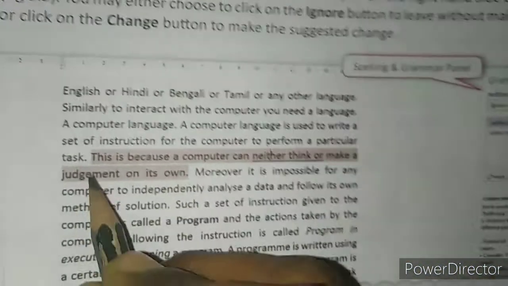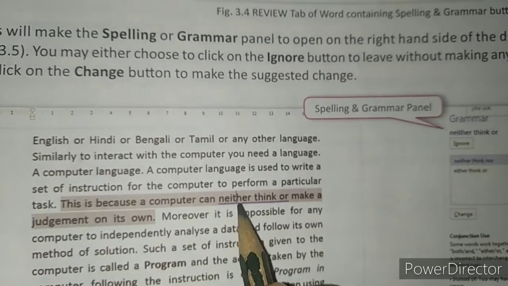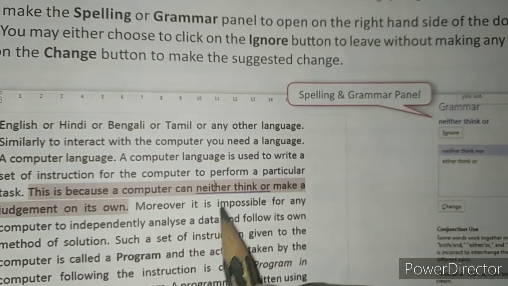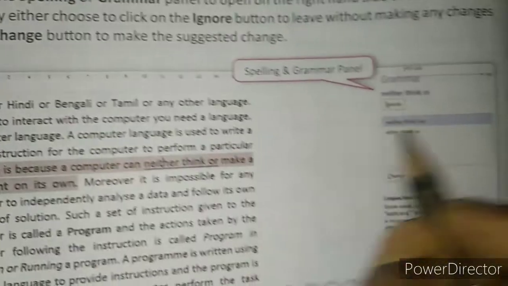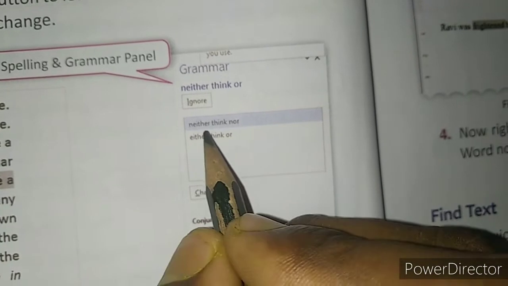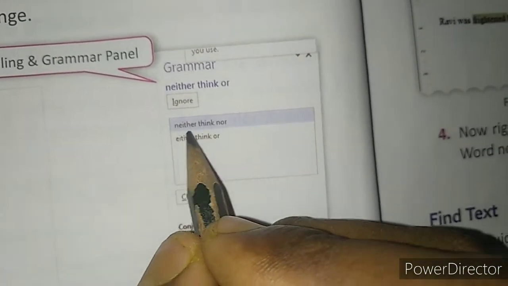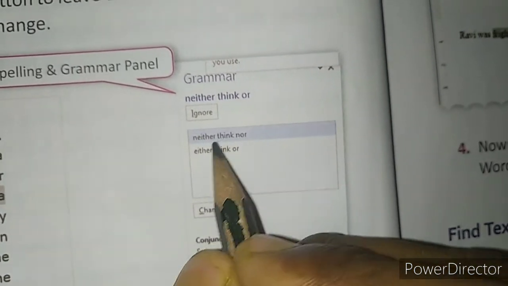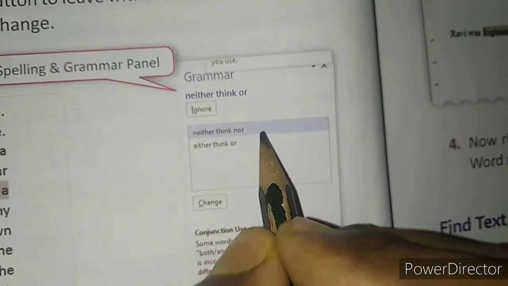Here you can see in the document "neither think or make". This is the grammatical mistake, "neither nor". So here some suggestions are there, and you can choose the correct option, "neither think nor".